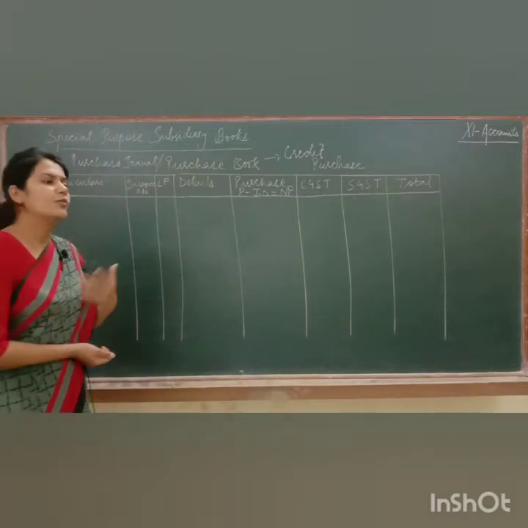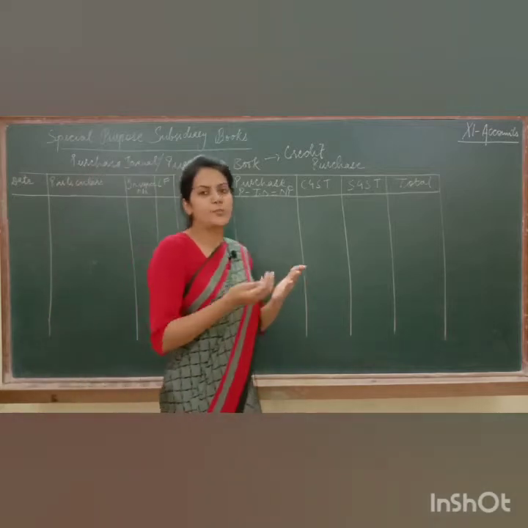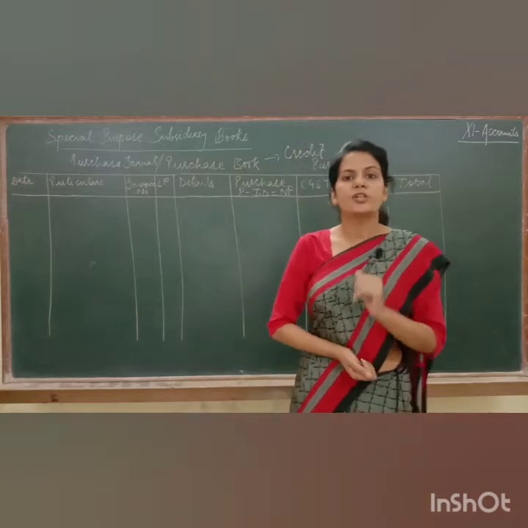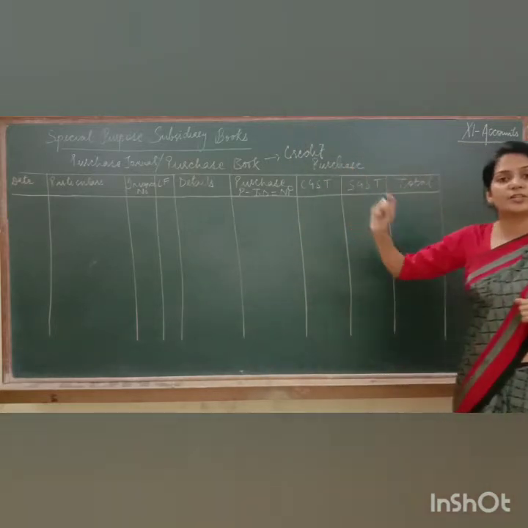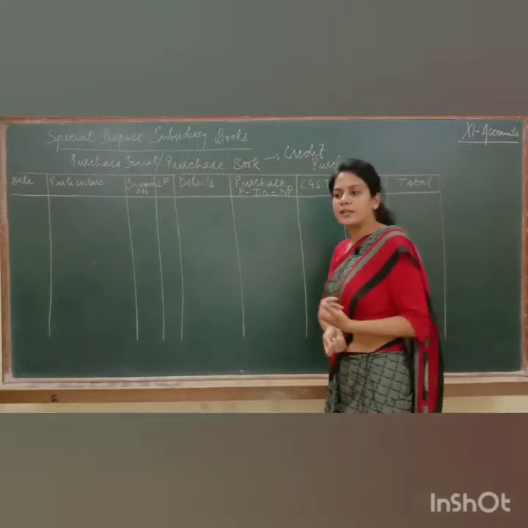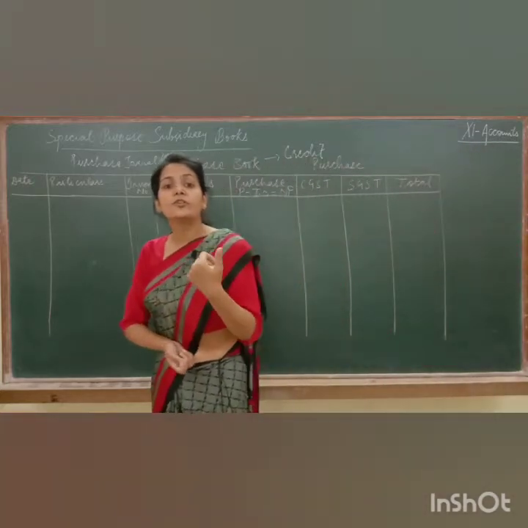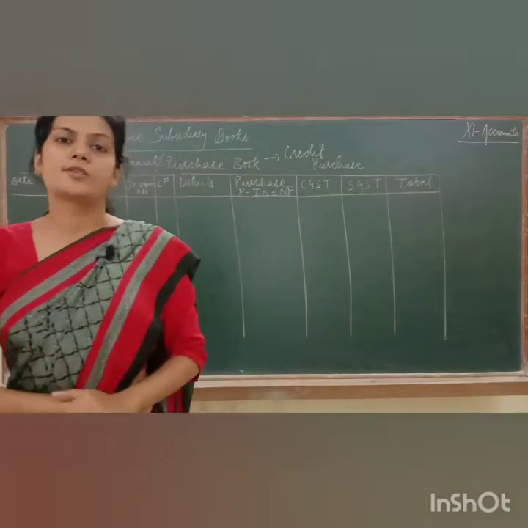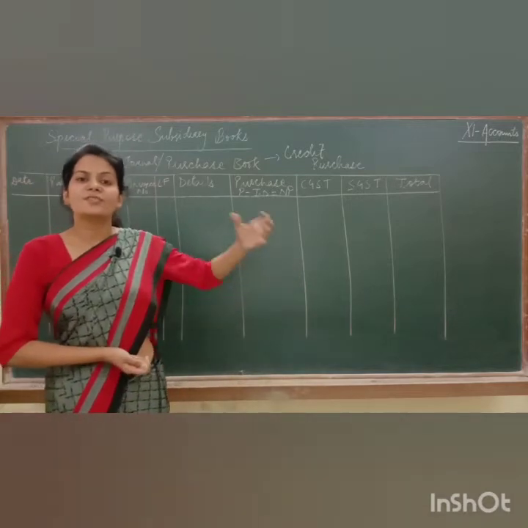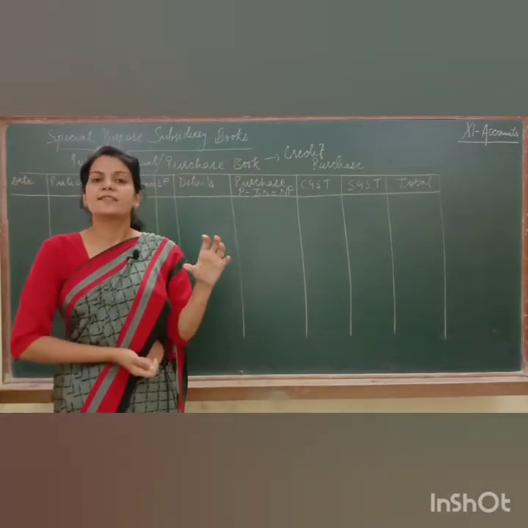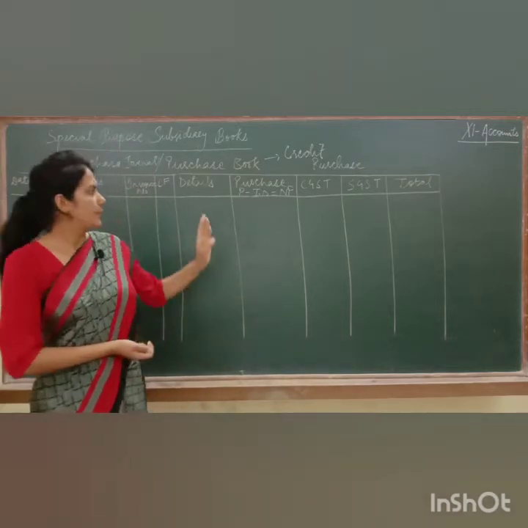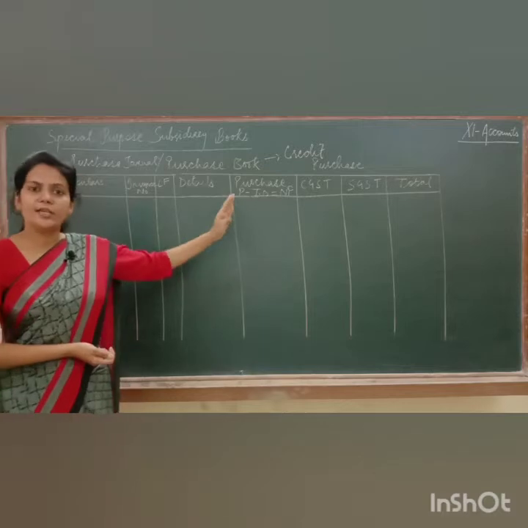Now I would like to tell you one more thing: the purchase book is the purchase journal, as you know, because journal is divided into several books. In the purchase book we are going to record only credit purchase, because cash purchase will be recorded in the cash book. Third, in the purchase book we are going to record only purchase of goods. We'll never record purchase of assets in the purchase book. Why? Because assets are not the things in which our business deals. Assets are not goods, but in the purchase book we are going to record only goods.